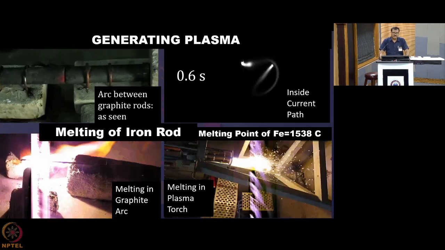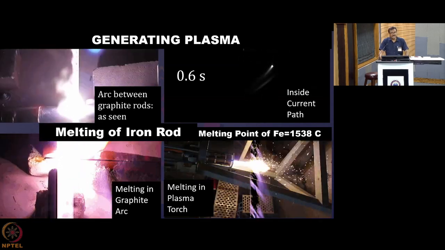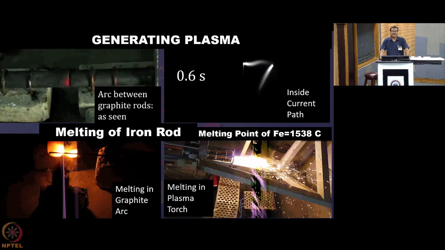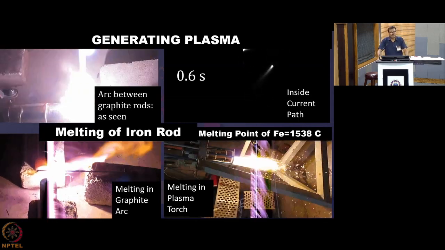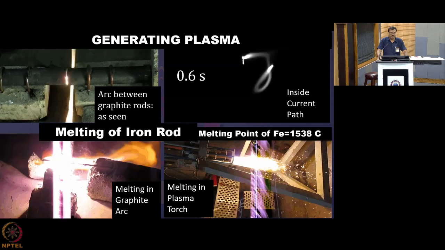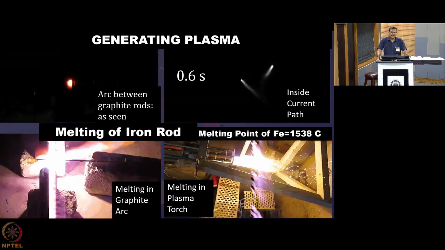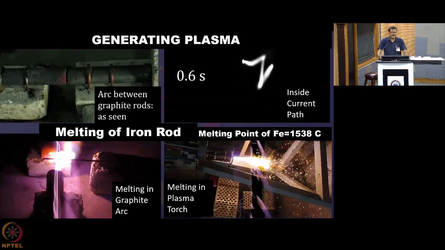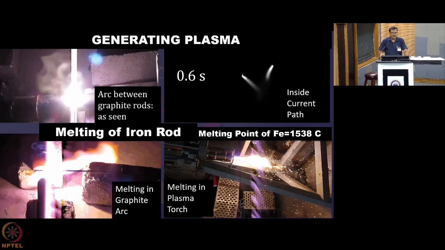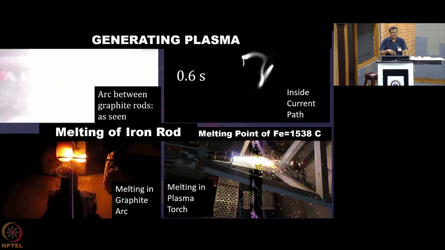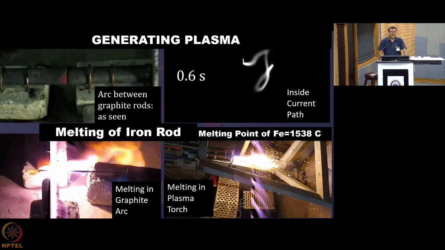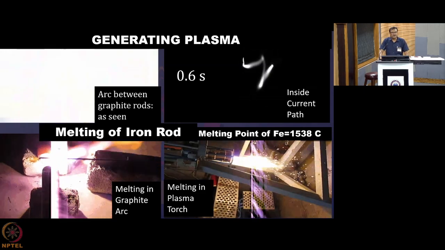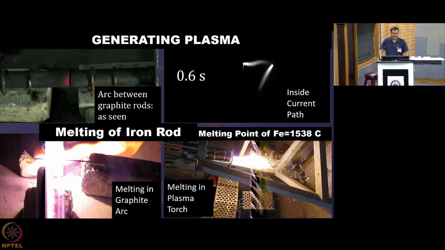And those atoms which are heated to the temperature radiate the most, and you are recording that path. So the zigzag path that you are seeing here, which is varying very, very fast with time, is basically the path of the current. Now you are able to understand the path of the current that is varying from one electrode to the other electrode with time. And the upper right corner video that you are seeing is recorded for only 0.6 seconds.